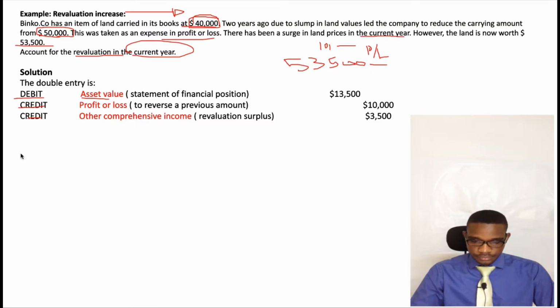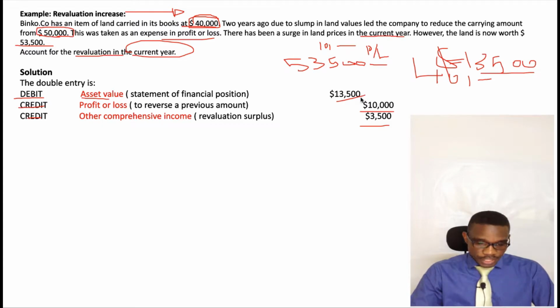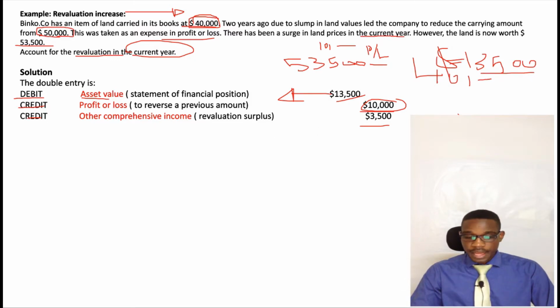minus 40,000, the carrying amount, is $13,500. Our asset value will increase in the statement of financial position by 13,500. And two years ago, we expensed 10,000, and we reverse this 10,000 in profit or loss, and the remaining shall be recognized in other comprehensive income